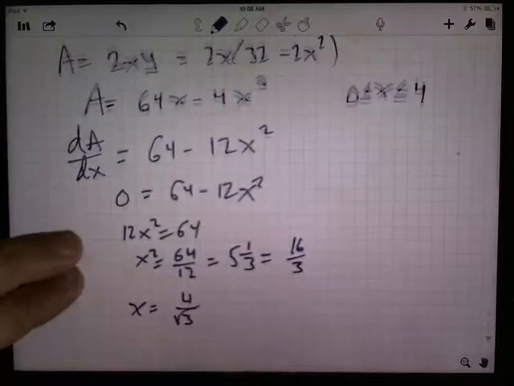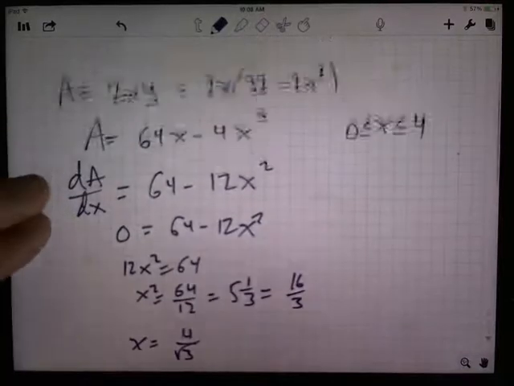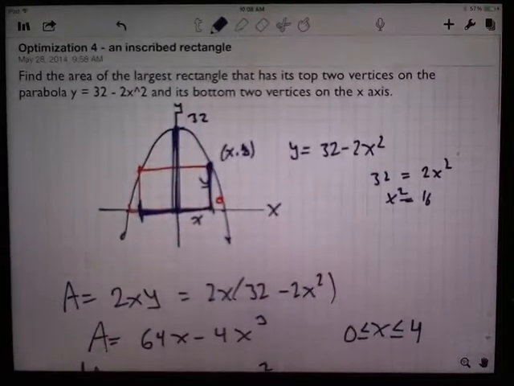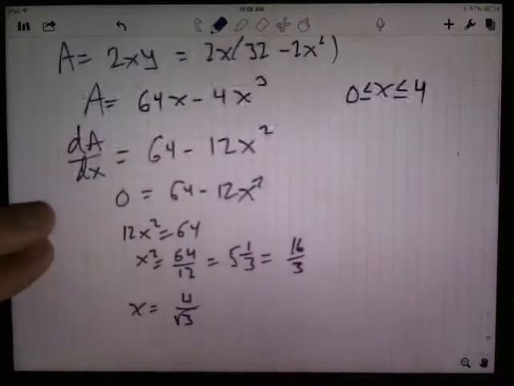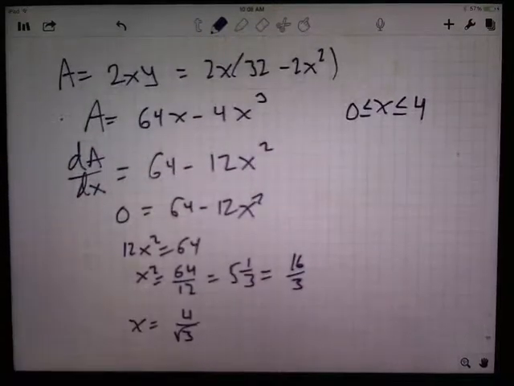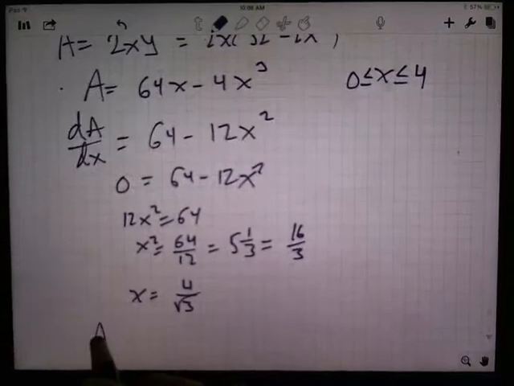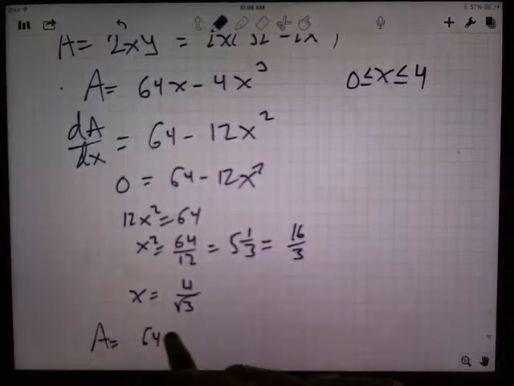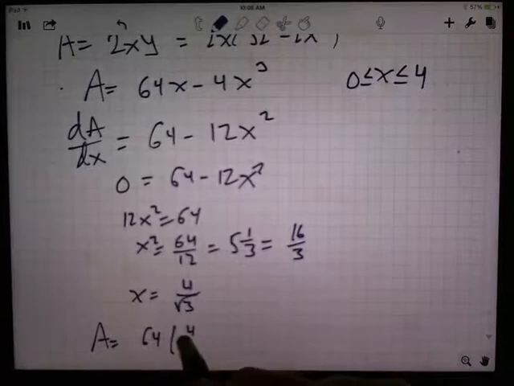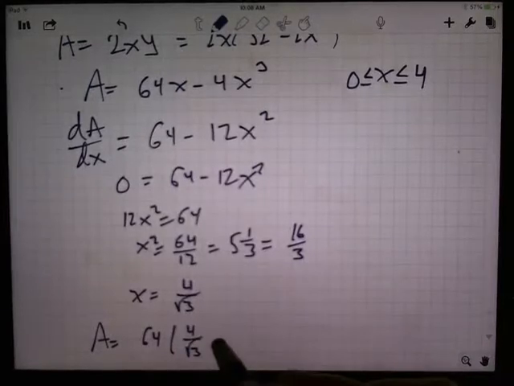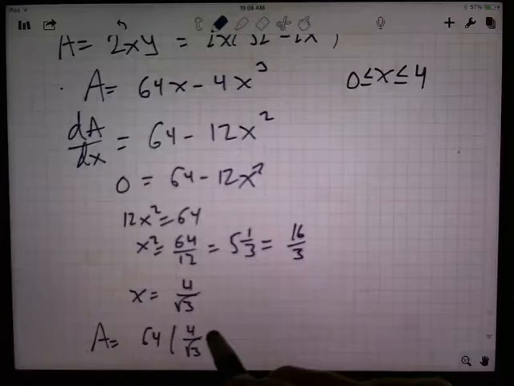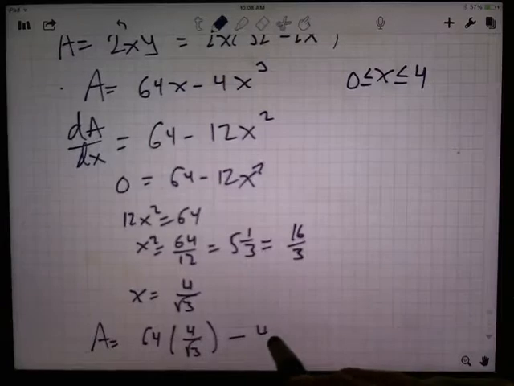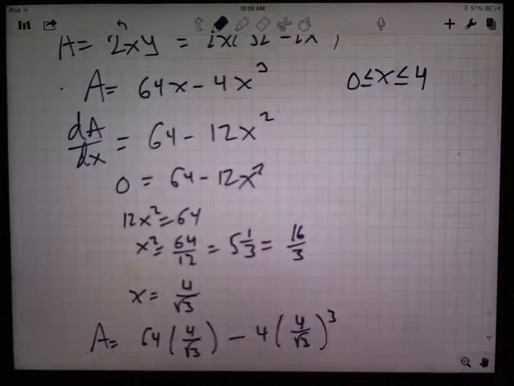Well, that's ugly. But what did I ask for? Did I ask for x? Did I ask for y? Find the area of the largest rectangle. So what I need to do now is to plug that into my area function. So the area is 64 times 4 over the square root of 3 minus 4 times 4 over the square root of 3 cubed, and that's equal to